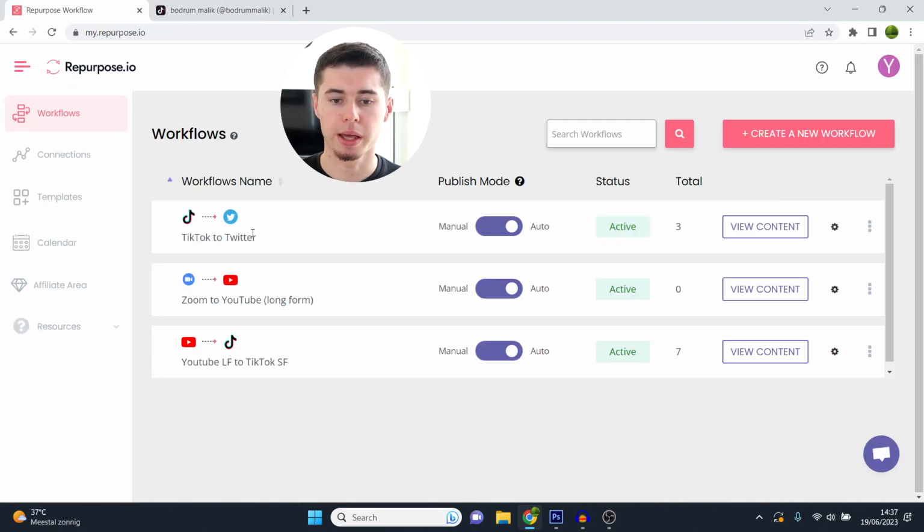So as I already have my account, I've already got these set up. However, how do you create a new one, and what is possible with this? Basically, you can make any combination. So you can go from TikTok to Twitter, from Zoom to YouTube, from Zoom to YouTube to TikTok to Twitter. You can basically go endless, because if I now do a Zoom meeting, my Zoom meeting gets uploaded to YouTube,